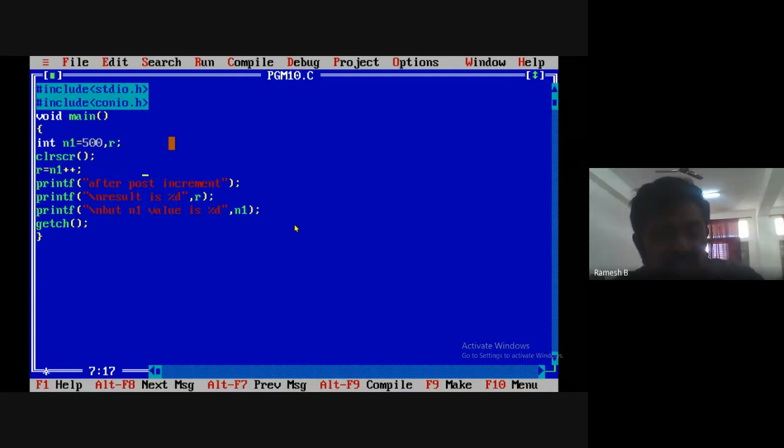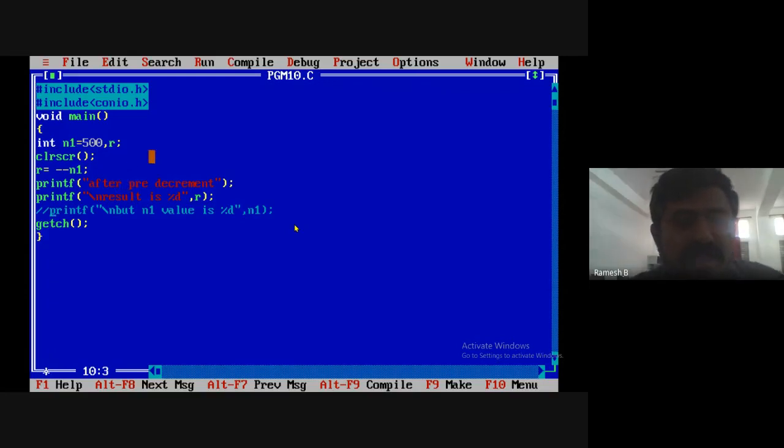Now, the next thing is decrement. Here I'll take minus minus. Now here I'll write after pre-decrement. I'll comment this line, it's of no use.